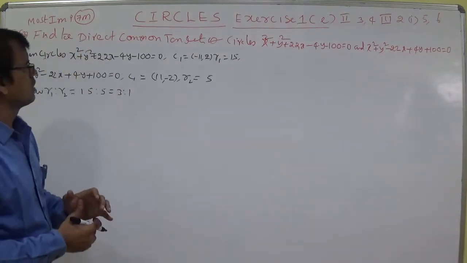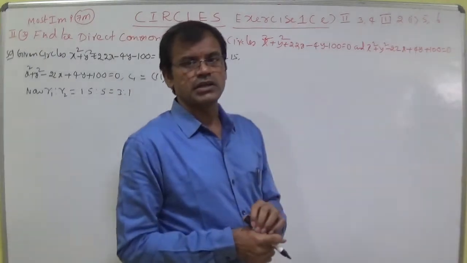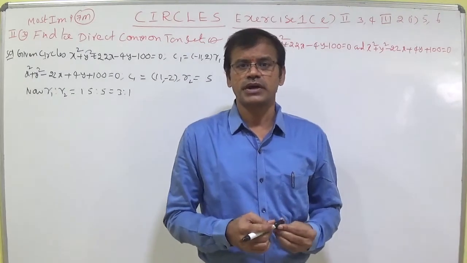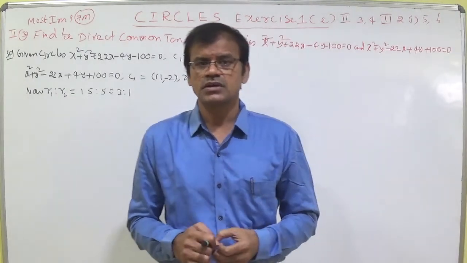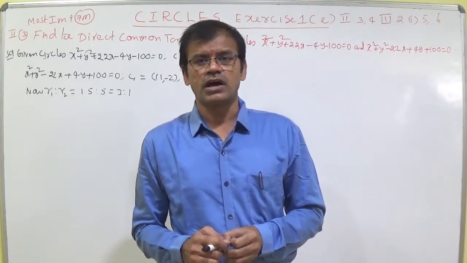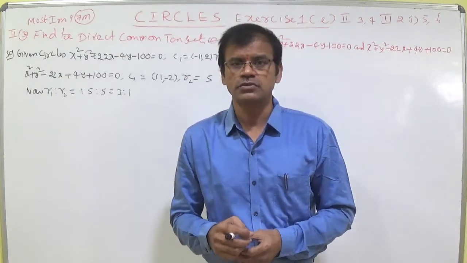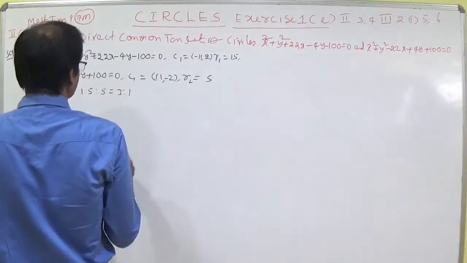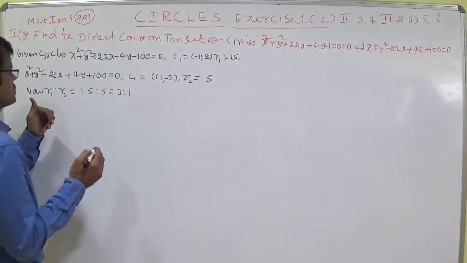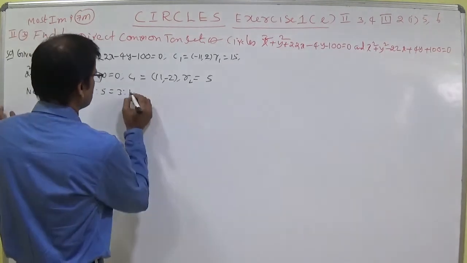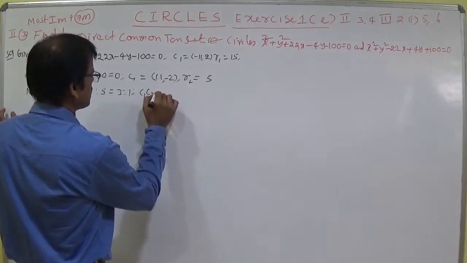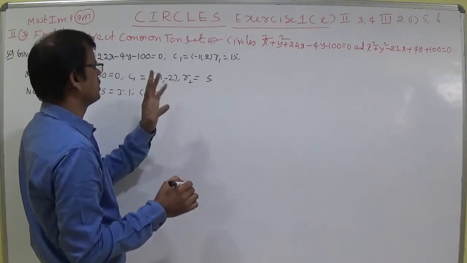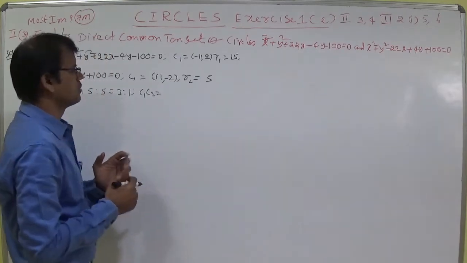He is asking to find the direct common tangents of two circles. To calculate the direct common tangents, we should calculate the point of intersection of tangents, that is ECS, external center of similitude. Formula: R1 x2 minus R2 x1 by R1 minus R2 and R1 y2 minus R2 y1 by R1 minus R2. So C1 C2, of course, no need to calculate. If you calculate also, you will be getting the answer as C1 C2 greater than R1 plus R2. C1 C2 the distance between 11 plus 11, 22.